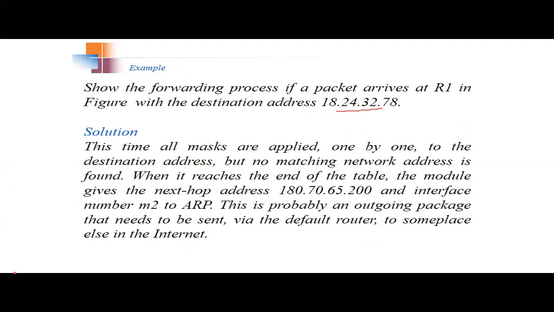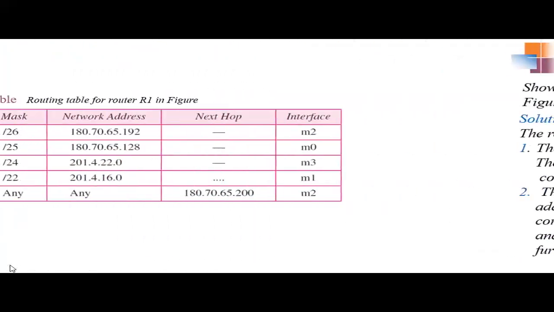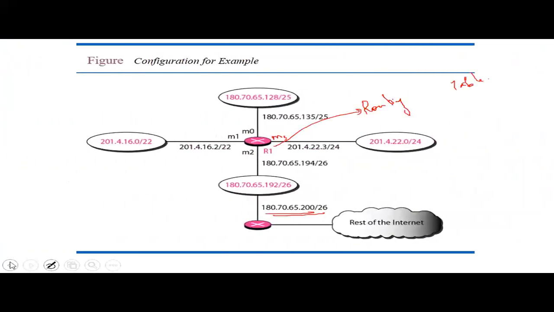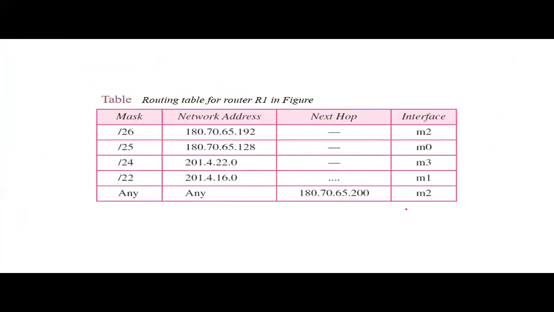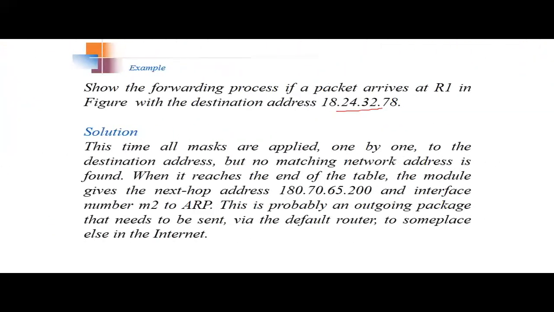That is here in this case, if you notice in our diagram, it is some system, some host on the rest of the internet. So R1 will send it to this router, and then again it is given to the rest of the internet, where the next router will have to pass it to the address resolution protocol. So this is the procedure with respect to any other IP address which is not in our routing table. This is the default method and the forwarding process that we have seen.